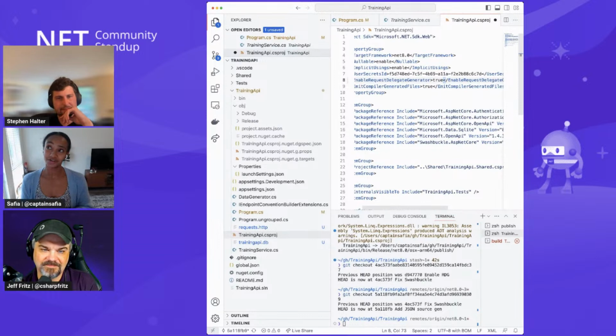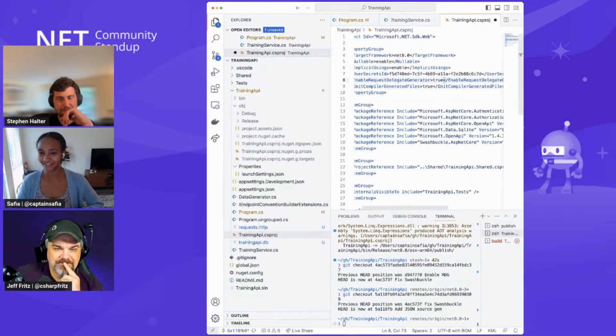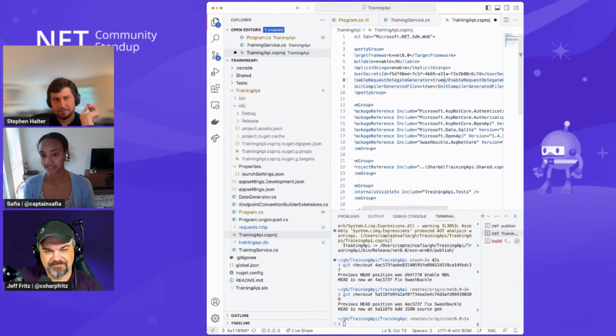I will say that not everything that works with runtime code gen works with compile time code gen. There are just some things that are impossible to, not impossible, but it can't quite be reasoned through. If your endpoint is returning anonymous types, that's not statically analyzable at compile time, so that's not an experience that we support.